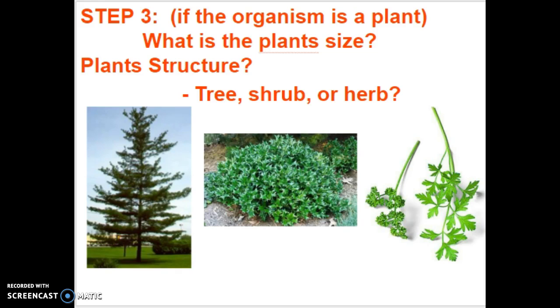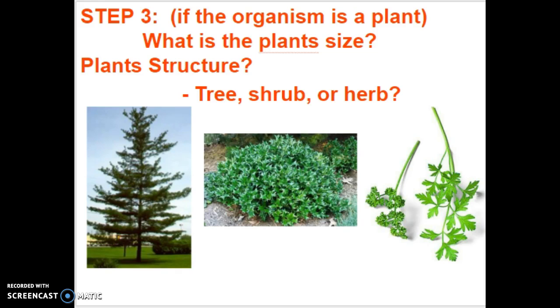Plants, same thing. He asked what the plant's size was. Size is never a good way to classify objects, because plants, just like anything else, have a variety of sizes even for one particular species. So then Aristotle would ask, what's the structure? Is it more of a tree-like plant, a shrub-like plant, or an herb or a grass-like plant? Again, this leaves a lot of loopholes, but for the year approximately 2 BC, give or take, the classification scheme